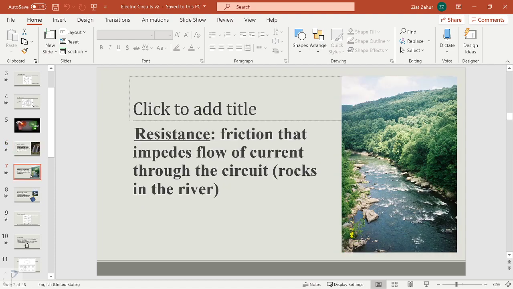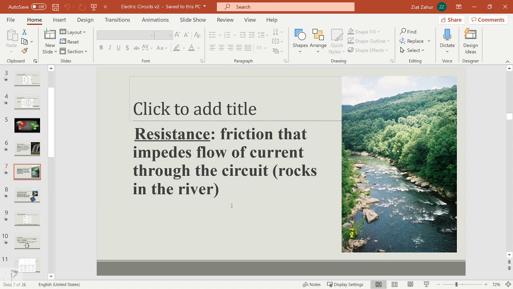Yes, resistance. Not everything comes easy, as we all know. There's always things in our pathway that stop us, that slow us down, that we have to circumvent or jump over to get through. For some of you, that resistance may be this class. It's in your pathway to becoming something else. But we can't let it stop you. We just gotta accelerate and move forward. There's only going forward. There's no going backwards. Resistance is the friction that impedes the flow of current through the circuit.